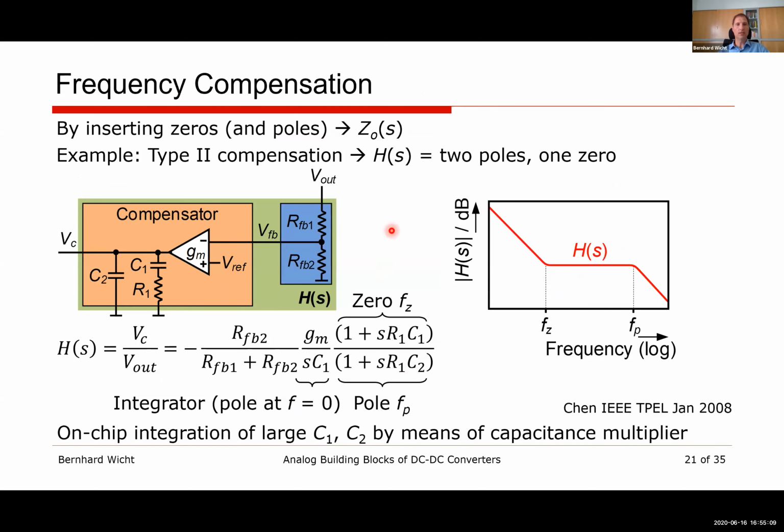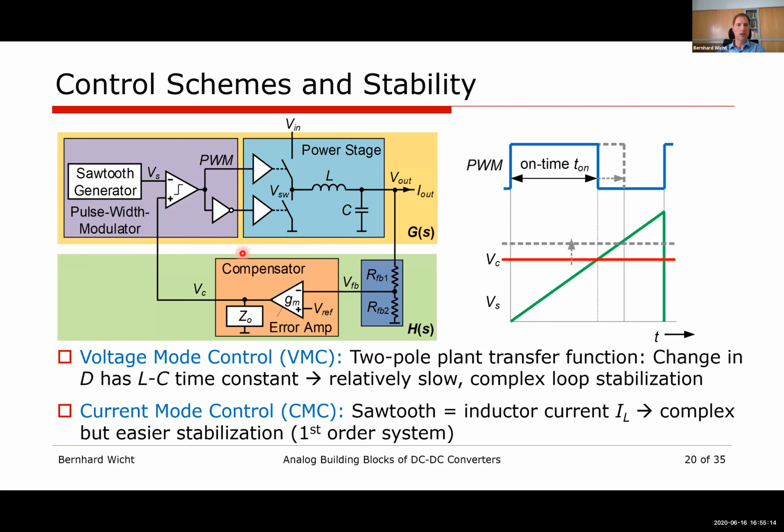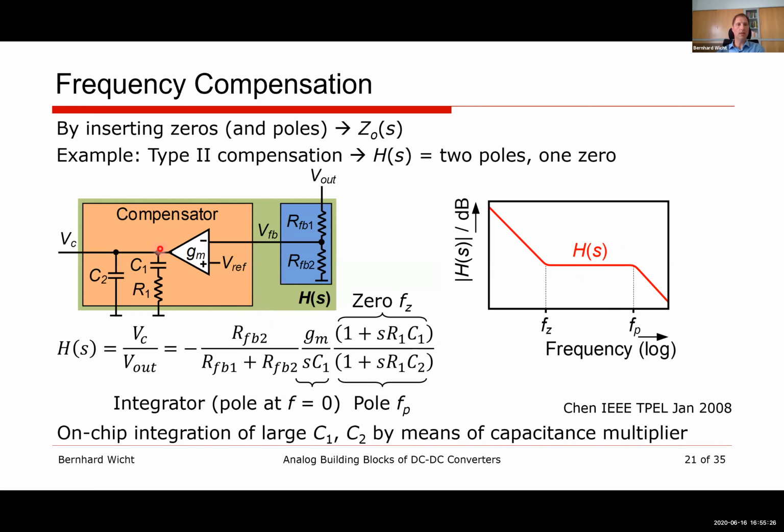Frequency compensation is achieved. Maybe I go quickly back 1 second. The compensator here is the block that needs to take care of our frequency compensation to achieve a stable phase margin. This Z0 block is usually a C and R configuration. There are various types available, and I'm showing here the type 2 compensation in this slide. So we insert zeros and poles, and if we size and position everything properly, we achieve good phase margin, which